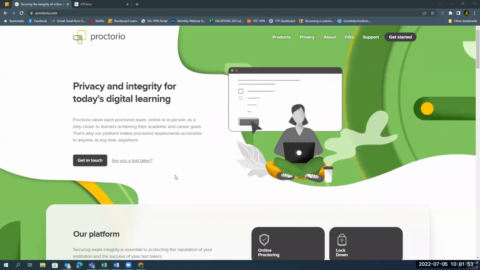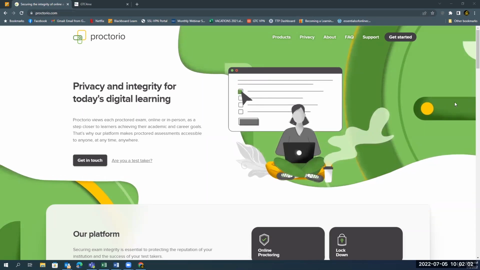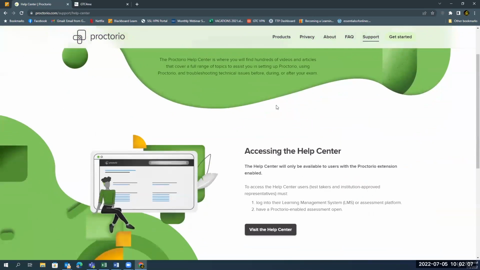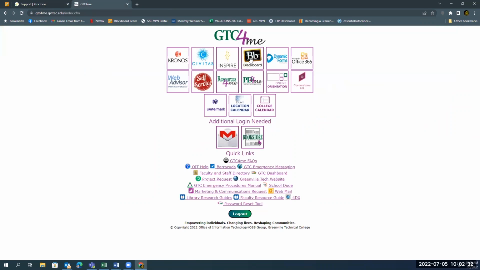One last thing I wanted to show you was how to get to the Proctorio Help Center, which has a ton of videos and resources for you. If you go directly to proctorio.com and click on Support and then Help Center, and scroll down, you'll see the Help Center is only available to users with the Proctorio extension enabled. To access it, log into your learning management system or assessment platform and have a Proctorio-enabled assessment open. If you go to proctorio.com directly, you'll just be rerouted through this page over and over again. So what it's telling you to do is to go into your Blackboard,